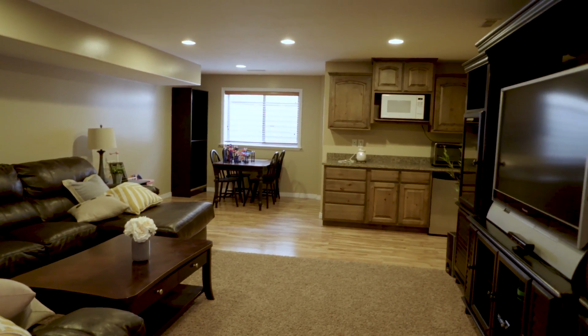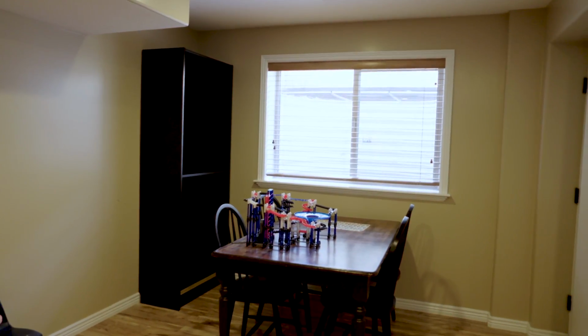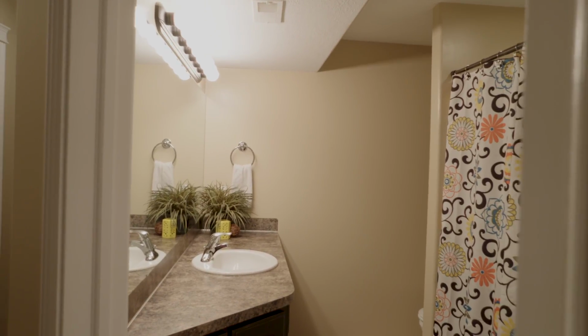They've got a little kitchenette down there. They've also got a walkout basement here, which is really nice, so they could have a mother-in-law apartment really easily. I love that. That's such a nice feature. We have that on our home. We've had that on homes in the past, and that really makes all the difference when you have company or somebody else who wants to stay there, and it's just convenient as well, just being able to walk out that